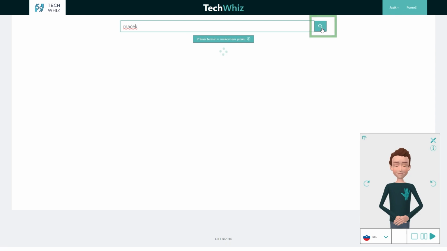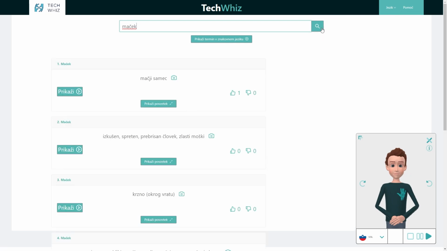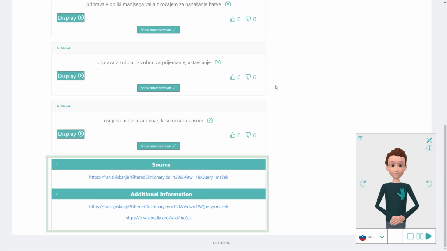Because it's probably hard for the majority of you to understand Slovene, we will change the interface language back to English. The definitions for the search term are primarily collected from the project's database of technical terms that was created in the project. Alternatively, the term definitions are searched for in a national dictionary. Which resource was used is reported at the bottom of the collected definitions in the source section. Underneath are some other sources where you can find additional information on the subject. Usually, this is a connection to Wikipedia articles or similar freely available information sources.